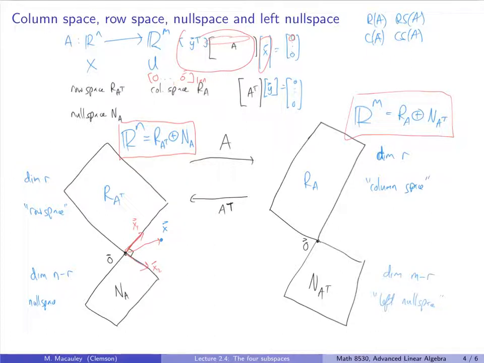So now think about how this is going to relate to linear functions. Remember I said columns are vectors and rows are linear functions. So you can think of this as a linear scalar function that annihilates all of the columns here. So in other words, that annihilates this. Now, as I said, one of those is in the dual space, one of them is in the space itself, and that's